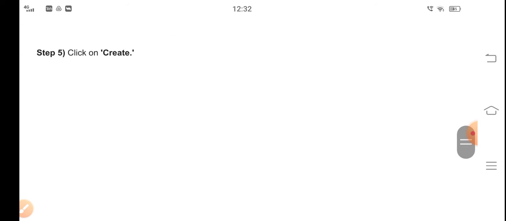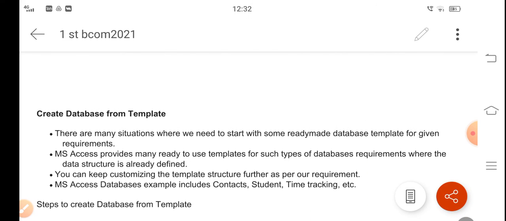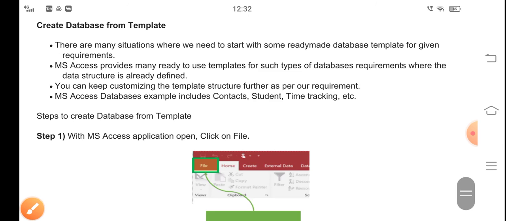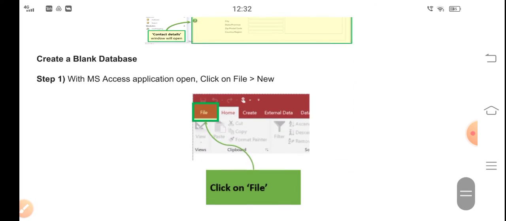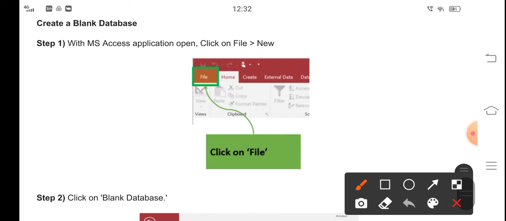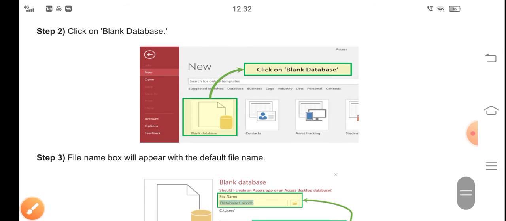Then there are two ways to create a database. First one is creating a database from template, which you have seen right now. Second one is creating a blank database. How it is, you can see here. For this also you have to click on file, then click on new.